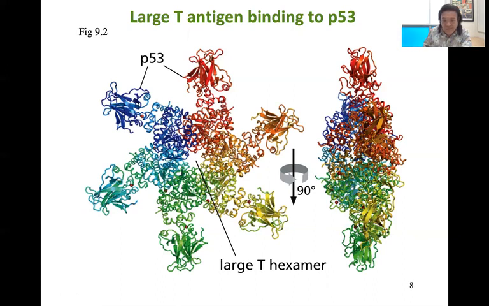So what does that mean? Maybe that could mean that this large T hexamer somehow stabilizes the p53, or it could mean that it prevents the p53 from doing its normal job. So in one case, if it helps stabilize the p53, and then you have p53 and large T antigen working together in this crazy big pinwheel shape, maybe that's super oncogenic. So maybe p53 is an oncogene. Or if large T antigen is in reality preventing p53 from working by binding it up in this pinwheel, then maybe p53 is a tumor suppressor.